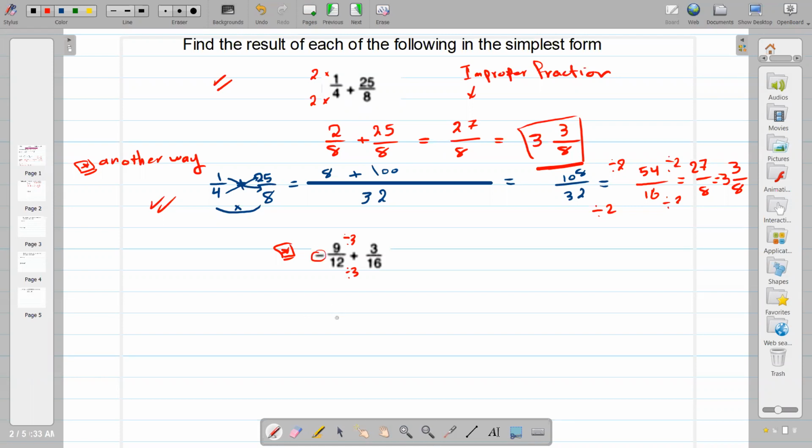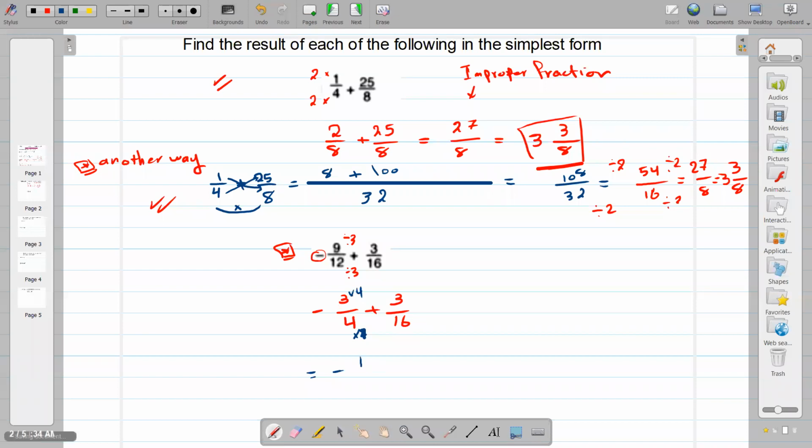Don't forget this is negative. 9 divided by 3 is 3. 12 divided by 3 is 4. Plus 3 over 16. Okay? Now you have different denominators. You have to make them the same denominators. 16 is divisible by 4. So to make the same denominator, you can multiply by 4. You can multiply 4 times 4. This is times 4, and this is times 4. Equals negative